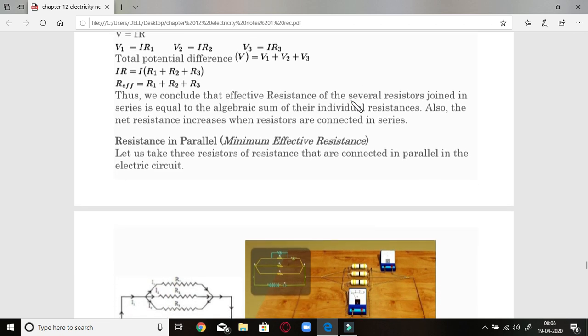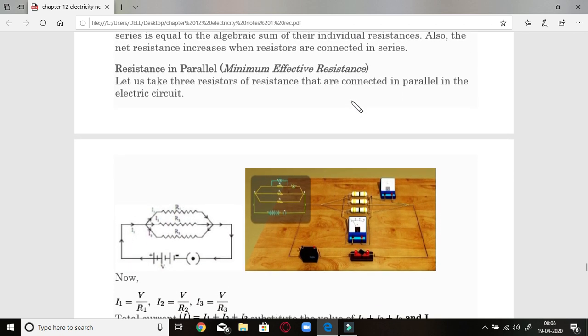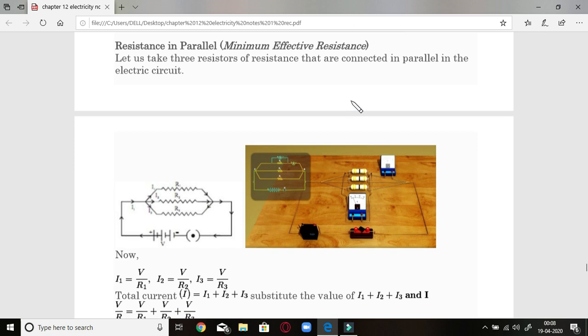Students, you know that this type of resistance is used in our houses for the decoration during Diwali days. So the LED lights you use to decorate your houses, they are all connected in series because they give you a lot of light by consuming less amount of current. So resistance will be very high. But one very big disadvantage is that if one LED is spoiled, the whole circuit will be spoiled, and the other LEDs will also not work. This is one big disadvantage of resistances in series.